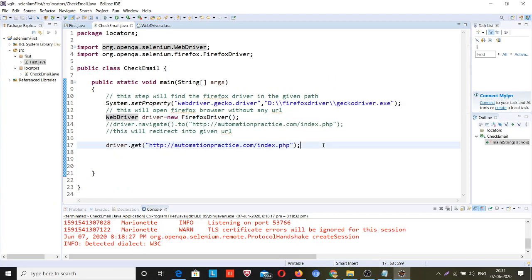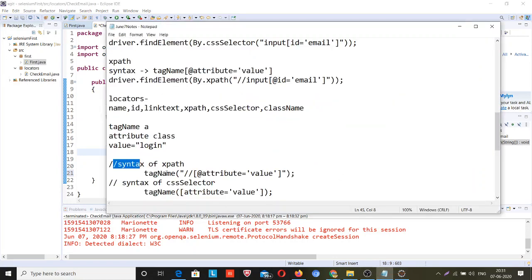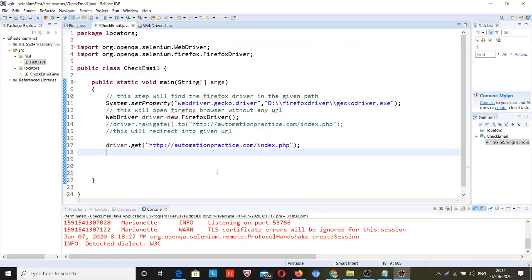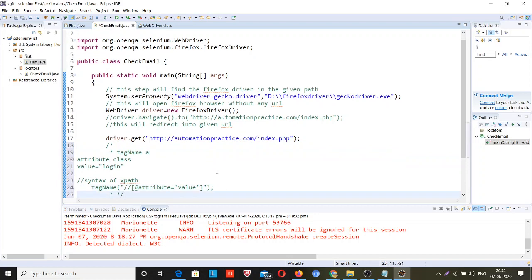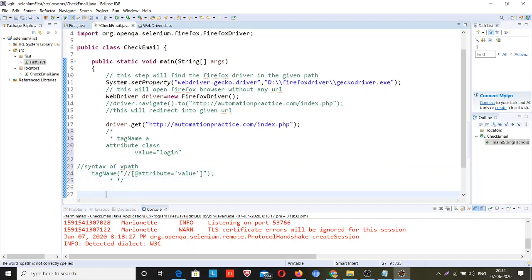So now let me write. How to locate? Let me copy my syntax here. This information I will copy. So guys, I have the anchor tag information, and I will use this to automate.